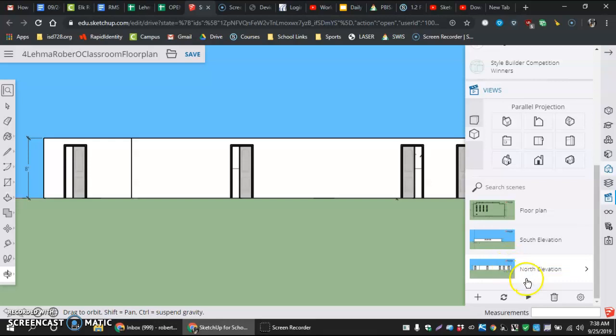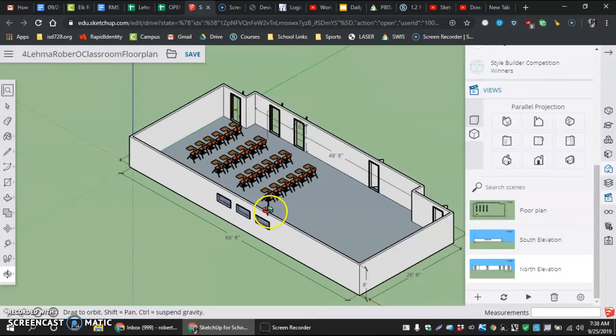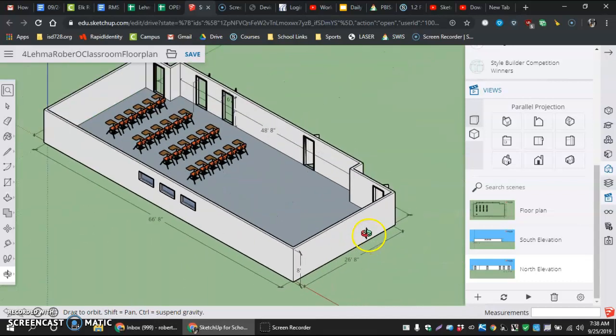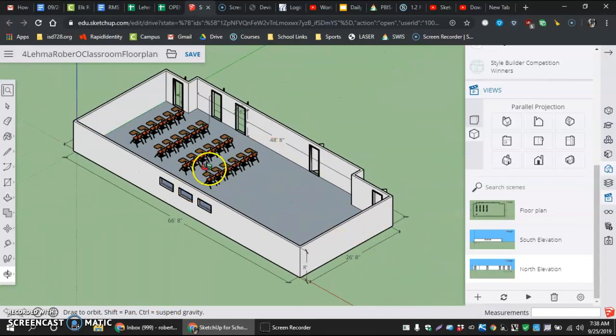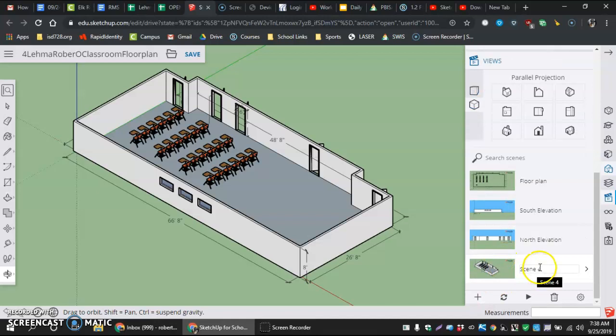After this one, we're almost set up. We just have one more view we want to do, and that is our front right ISO view. We select it, snaps around to there. A reminder that you can see my classroom's not done right now. I don't have my things all set in, but I'm still setting this up. It gets me ready for layout. And then in here, adding one more scene. And we're going to call this one just 3D, which is our isometric view that we can see our whole